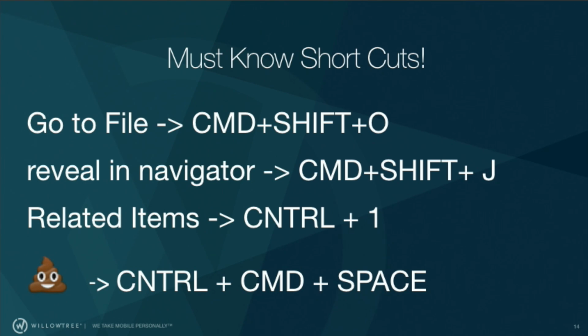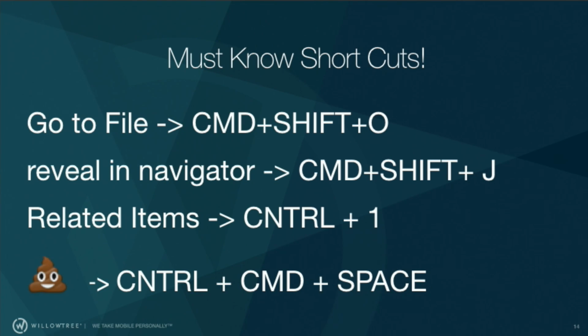If you don't know this already, and if you don't want to listen to anything else that I say today, just remember Command-Shift-O. That will help you open a file no matter where you are in your project. And with the update to Xcode 8, they've made searching fuzzy, which means if you have a view controller called cats and dogs view controller, but you can't remember what it's called, you might just type in cats view controller. It doesn't have to be all one word. It can find the different pieces in the view controller, so that's really helpful because when we work with huge projects, we can't always remember exactly what the name of files are.